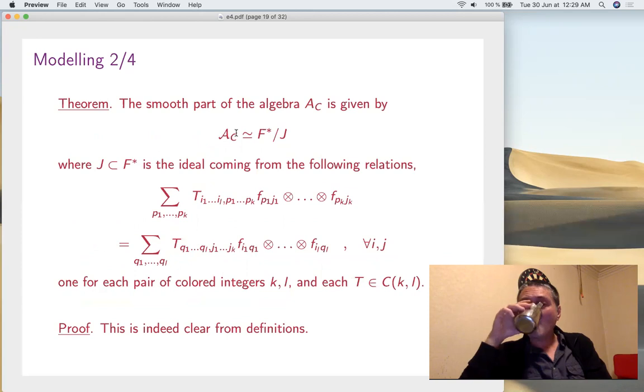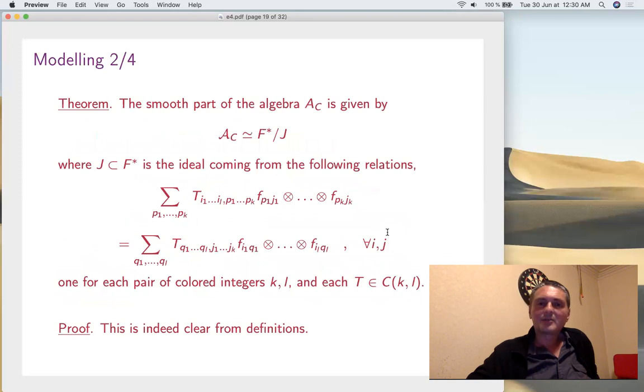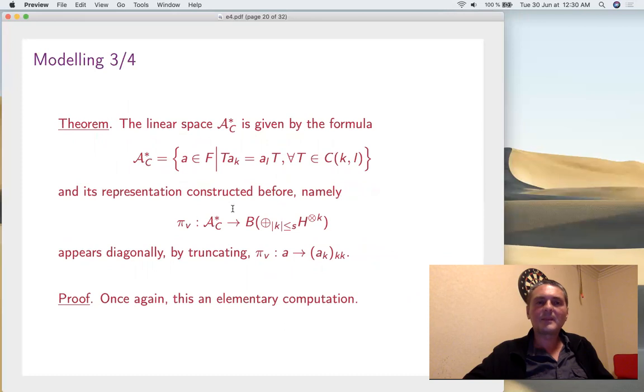So, well, you have to write down, in this model with tensors, see what these conditions T in Hom(U_k, U_l) mean. And you don't have U_k, U_l anymore. You have these standard generators of B F H. In matrix terms, this T in Hom(U_k, U_l) becomes this, where it is the same formula as before, just writing the indices in a different way. Very good. So we know the ideal producing A_C.